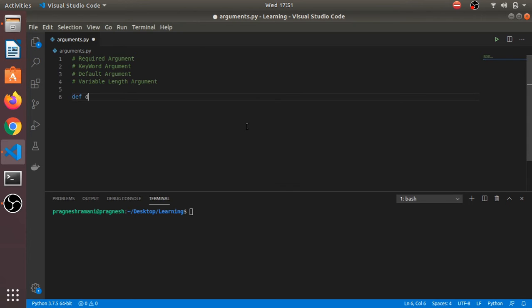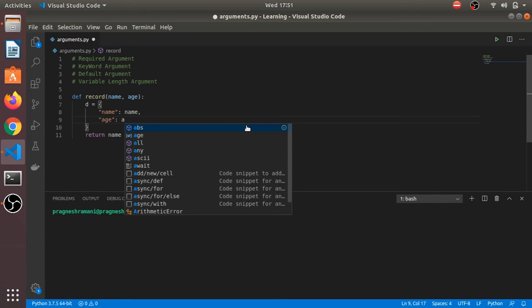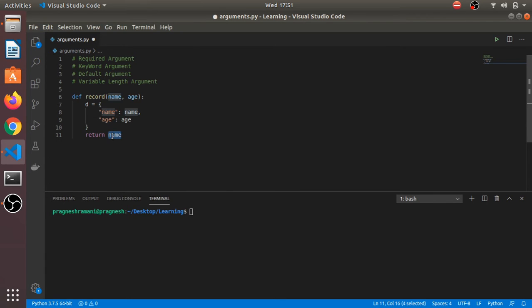So here we have one record which requires two parameters or arguments, name and age, and it returns them as a dictionary, and this dictionary will be returned from this function.